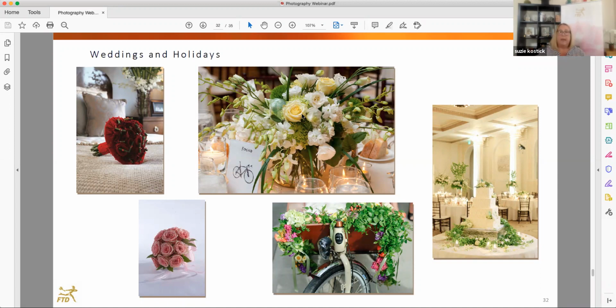Susie, can I pop in? We got a few questions. Yeah. And Melody was asking, I think this wedding was her question from last week. She was asking for some suggestions for photographing wedding bouquets in the flower shop. Okay, so